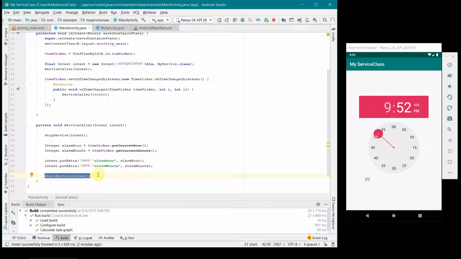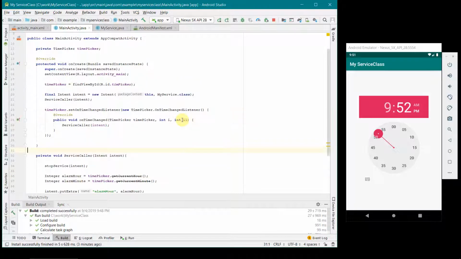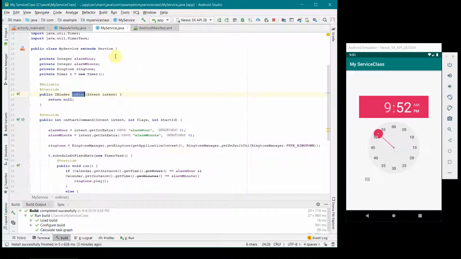So I hope this video is useful for you to understand how a service class works. I'll make another video to show you how you can also create a background service, like how you can create notifications when you make it background. Of course we can minimize this and it will work as a service in the backend. So I'll try to cover that in my second video, where I show you how to create a foreground notification and all those things. But the idea of this video was to show you in a very simple way how to create a service class.